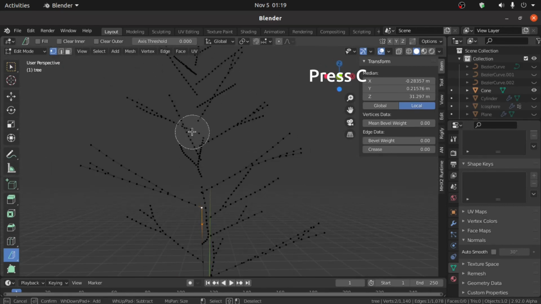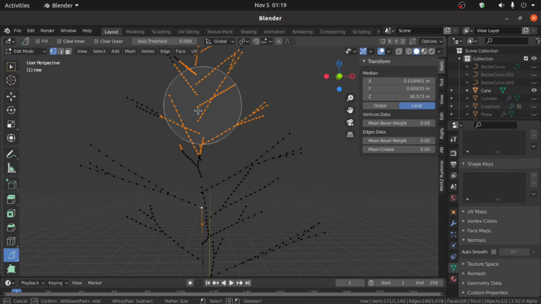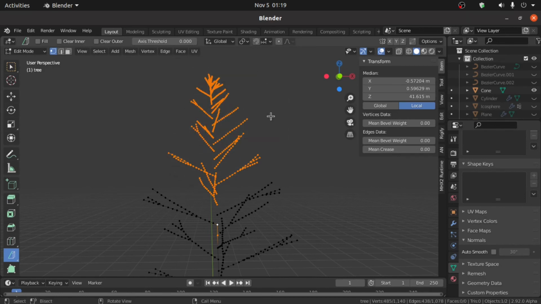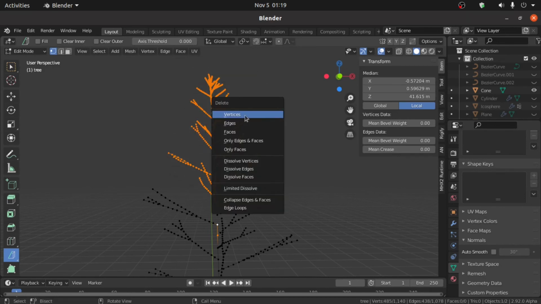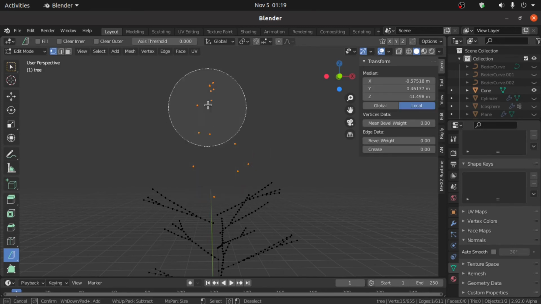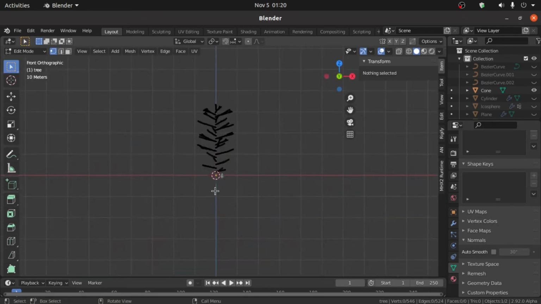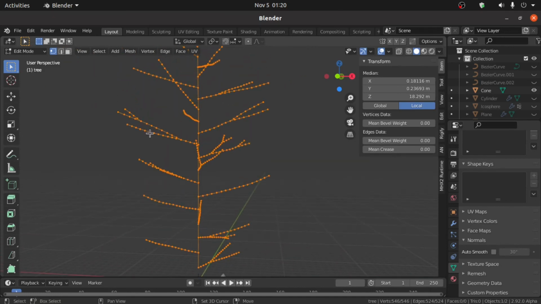So press C for circle selection. Just select this vertex something like this. Then press the delete key and select vertex. Now press A to select all the vertex and you can see there are a lot of unwanted vertex.